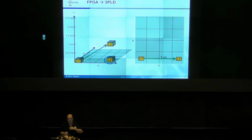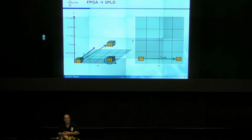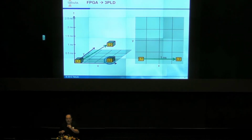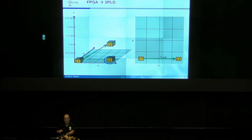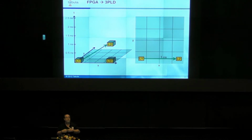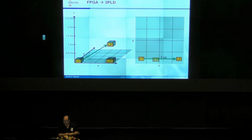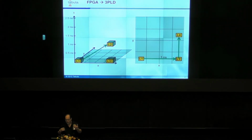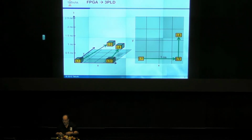What we claim is that instead of doing what an FPGA does, which is to put L2 there, when we've already established the L2 sitting there is doing absolutely nothing. You can't execute anything at L2 that's interesting at the beginning of the cycle. You're going to wait for most of the nanosecond. We're going to put a different LUT there with an entirely different identity. L3 computing something completely different from what L1 and L2 computed. Going back to our 2D picture, that L3 sits right on top of L2, but has a different program. That L3, in turn, can do a computation, and it sends a value to L4, which in our 3D picture looks like this. So the point is that by